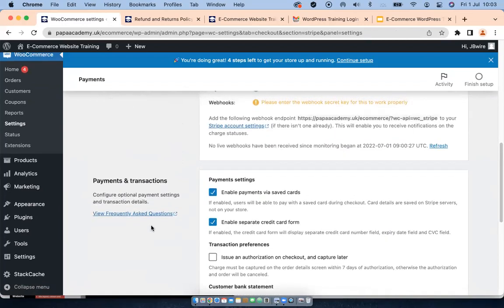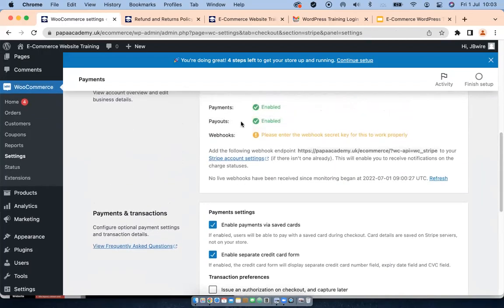So as you can see here, it's saying that payments enabled, payouts enabled, webhooks. This is where you connect your Stripe with the WooCommerce so that whatever happens in Stripe, you get notifications. For example, if someone makes a payment, then of course, all these notifications are sent to you that someone has made a payment, or they have bought something. So all you need to do is to copy this kind of code